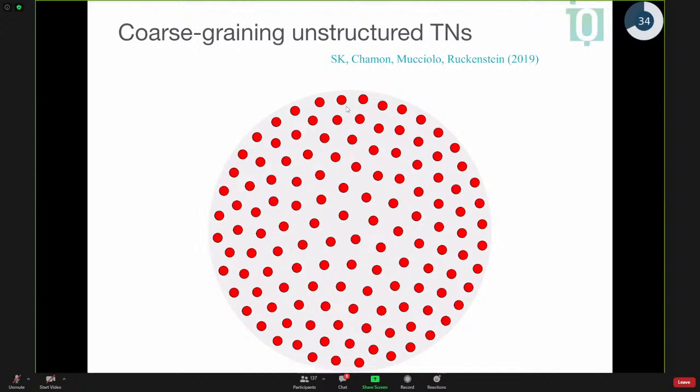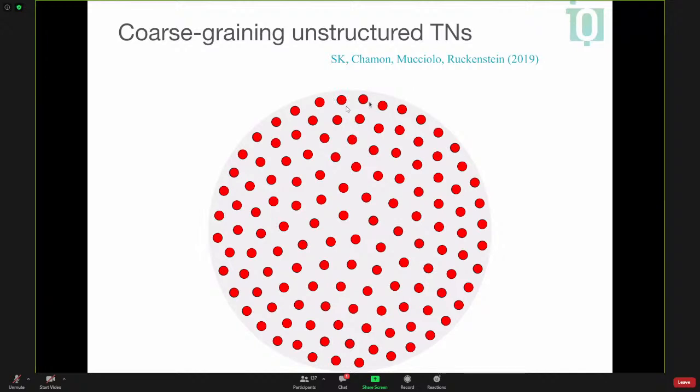So what I showed you before with the coarse graining was that we have a lattice, and it's easy to coarse grain a lattice, right? You take the neighboring degrees of freedom and you put them together and you just grow the scale. But what happens when a network is, when the system is unstructured? It's like on a random network. So this is what I wanted to illustrate here very briefly for you.